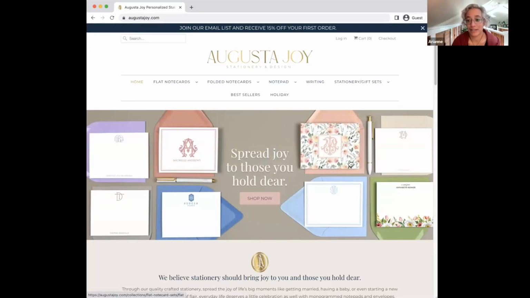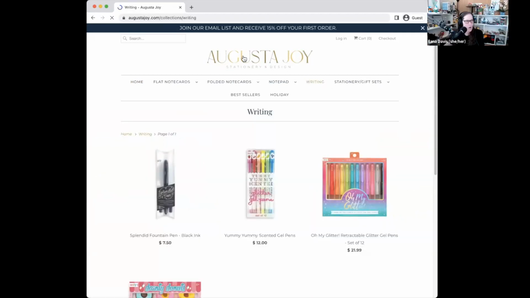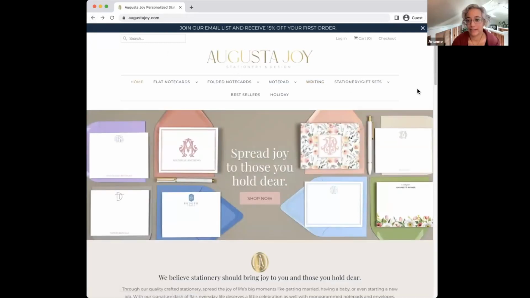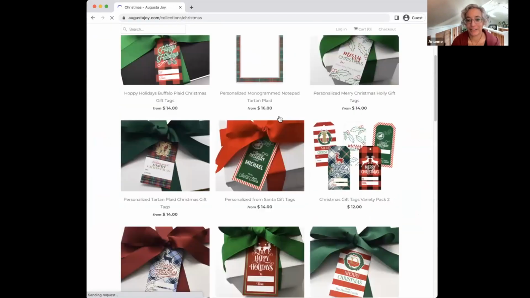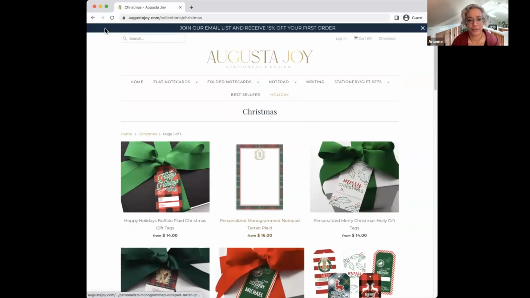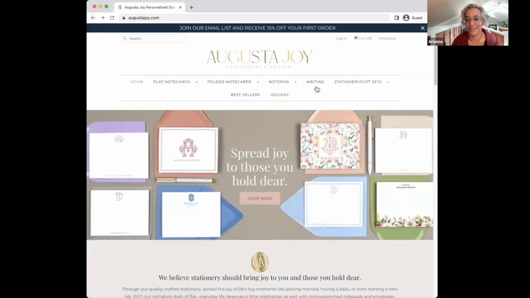I don't know what writing means off the top of my head. I don't know what to expect when I click that. Oh, it's pins and things. So sometimes that'll be called desk or office. Writing seems a little unusual. And then accessories seems to make sense. Holiday, I'm kind of like, what holiday? If it's a specific holiday, I don't need to shop for Christmas stuff right now. I might make that a specific relevant holiday or just not really have it. Maybe you can find that farther down.